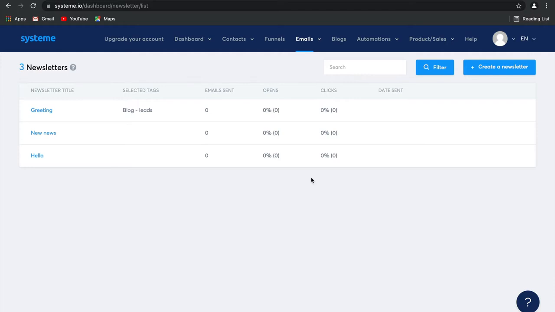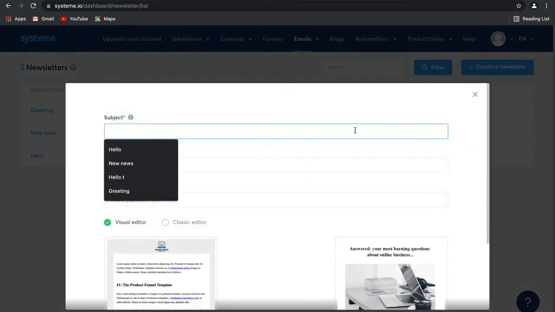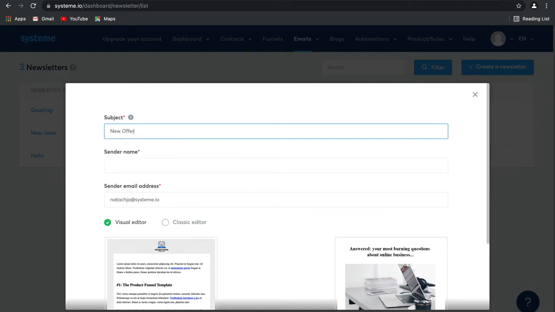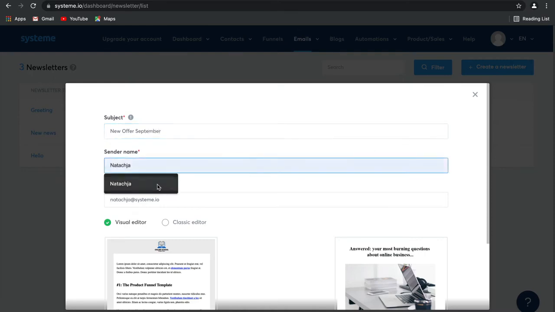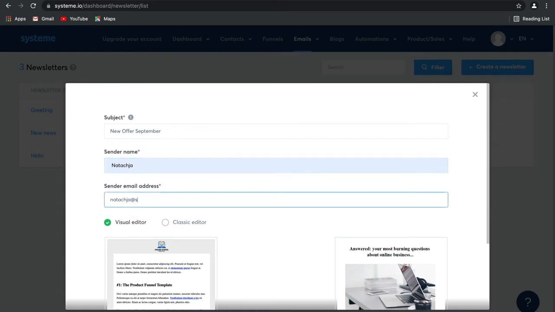You can choose which tags to include and exclude and edit all kinds of details. Let's go ahead and create one together. Say that this is perhaps an email about a new offer for September. You can change your sender name to whatever your name is and then change your sender email address. I'm going to use